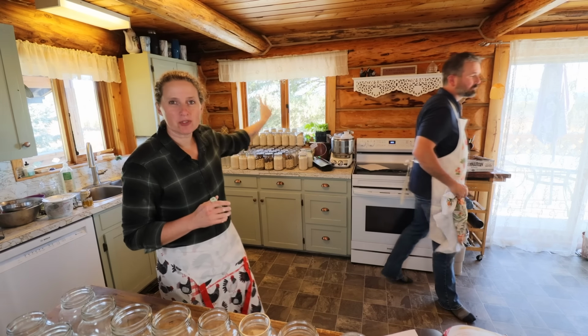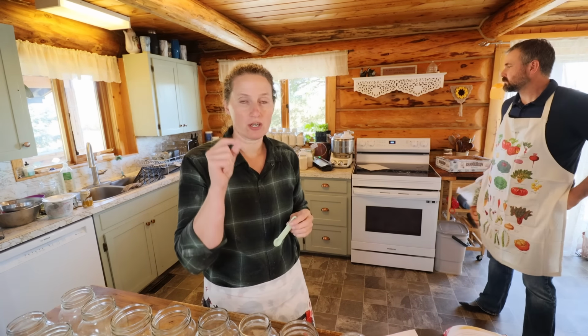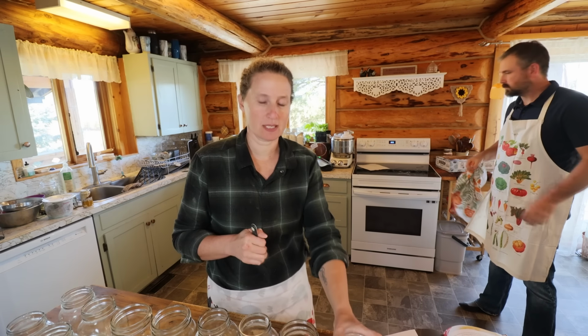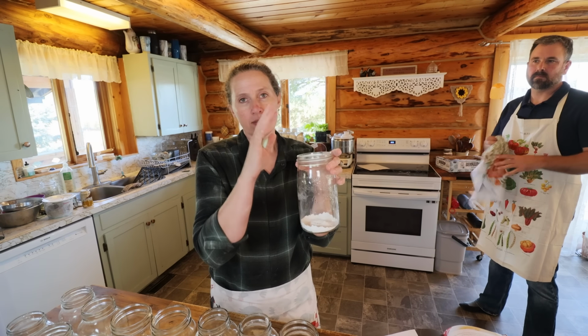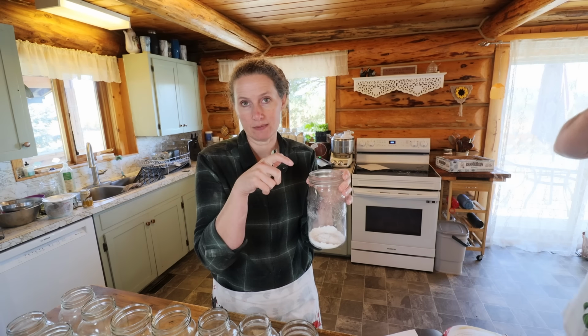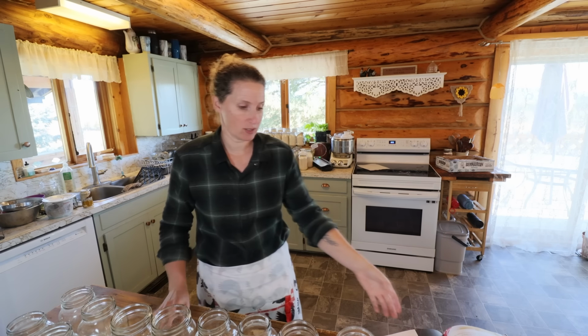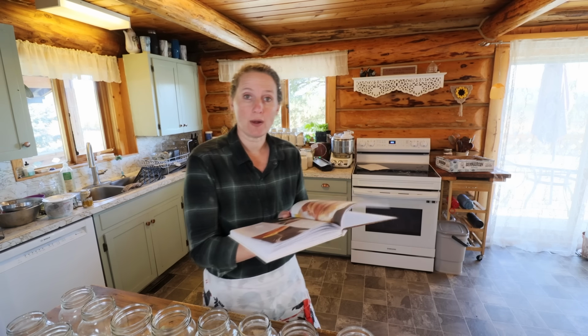Dan has almost all the jars sealed over there. We are noticing that for the jars that don't have a lot of head space, the space between the product and the lid, they're not holding a seal very well. So we are going to put rings on all of them and tighten them down just to ensure that they stay sealed. So I've started on the pancakes over here,